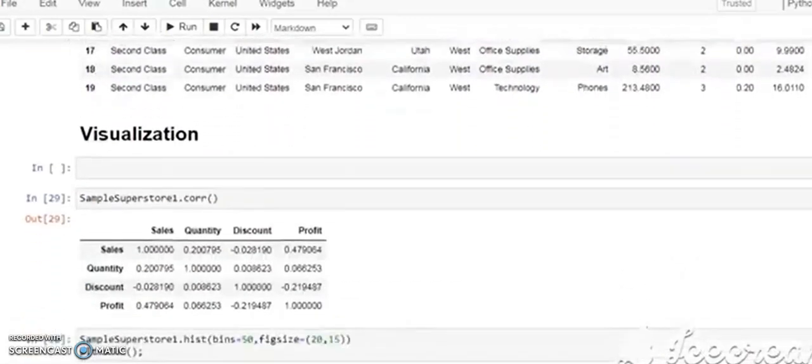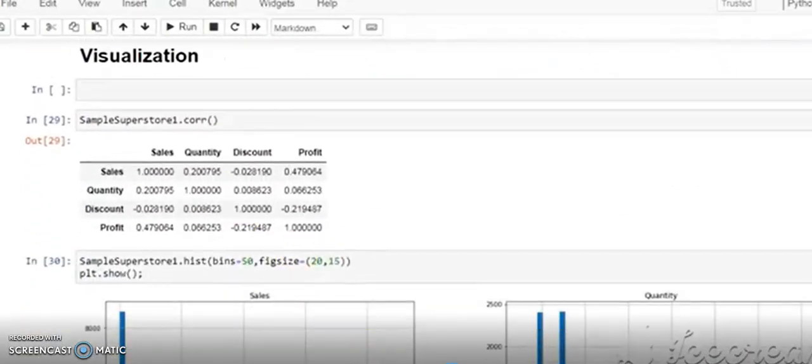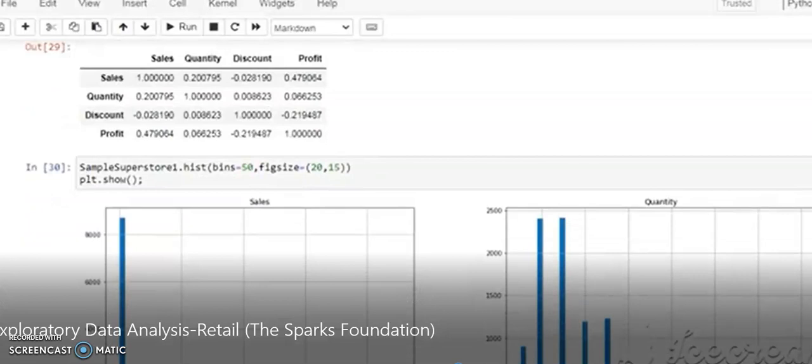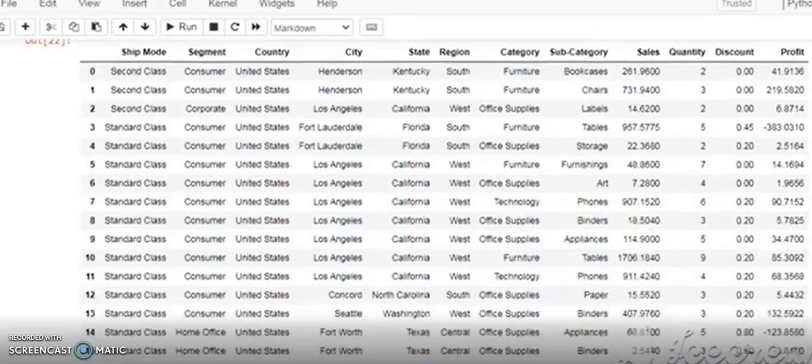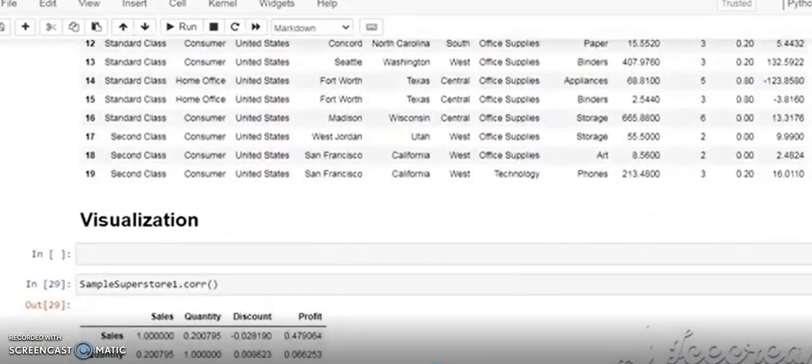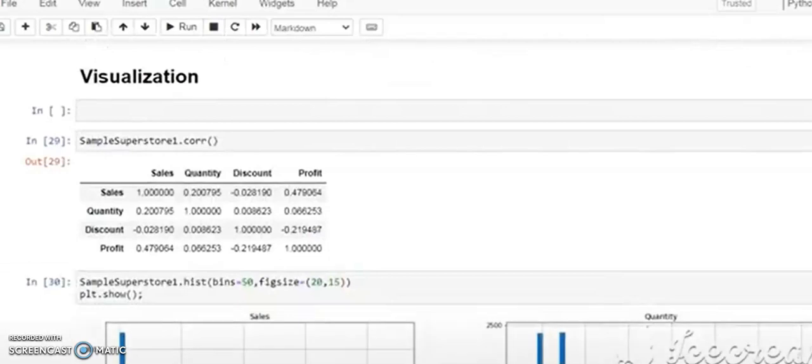After that we are going to visualize our data set. For visualization, we have already imported the matplotlib library. First, this is the previous output, as you can see here, the correlation of the data set.